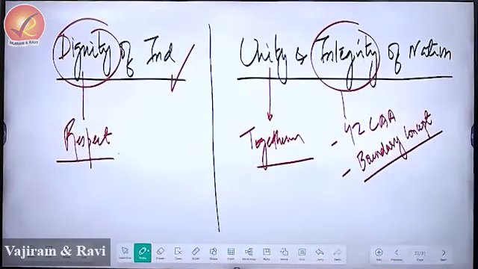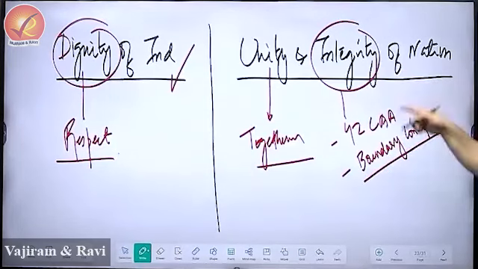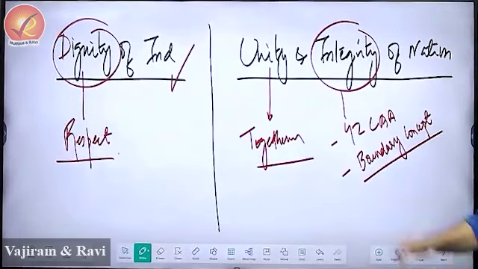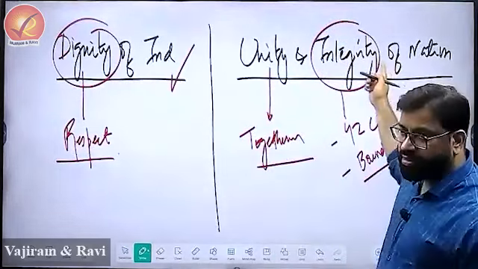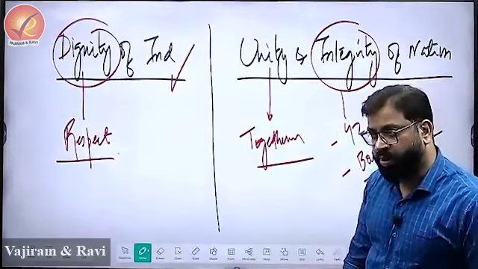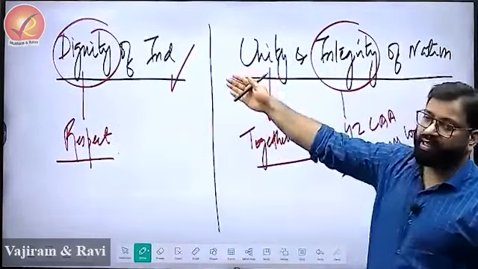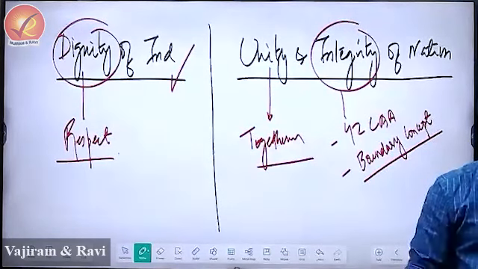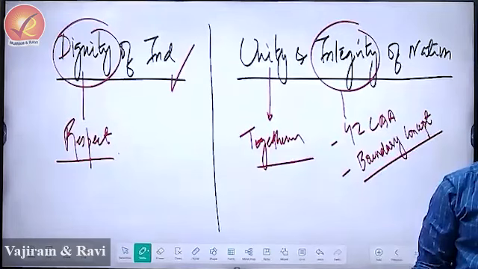It's a boundary concept, which means whenever you say that there is some threat to the integrity of India, that means that someone has attacked a piece of border somewhere in India. In the Constituent Assembly, this term was not there. So what was there? Dignity of individual and unity of nation. Some of the Constituent Assembly members wanted unity of nation to be written first, followed by dignity of individual. Getting it? So what they wanted? To promote fraternity by assuring unity of nation and dignity of individual is what they wanted to write, which was